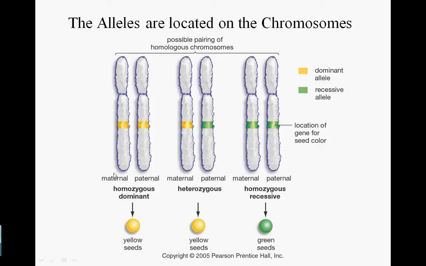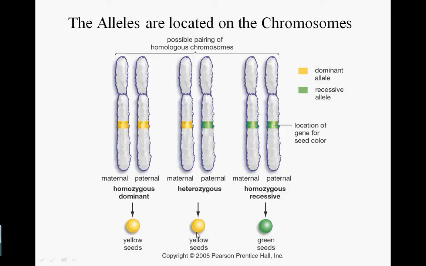And so you get each of your chromosomes, remember, you get one from your mother and one from your father. So your mother gives you one allele for a particular trait, and your father gives you another allele. And so if both your mother and your father give you the same dominant allele, you'll be homozygous dominant for a particular trait. If your mother gives you a dominant allele and your father gives you a recessive allele, well,